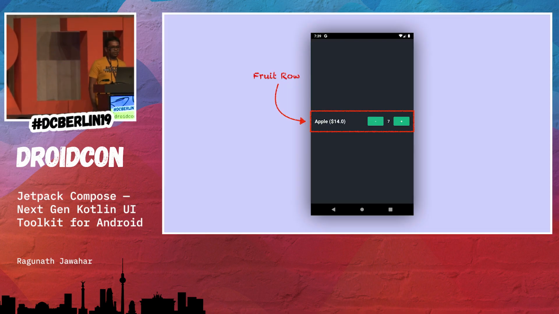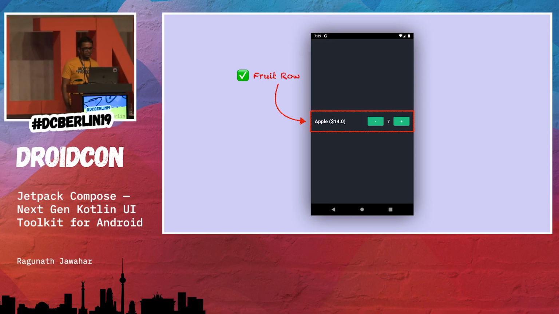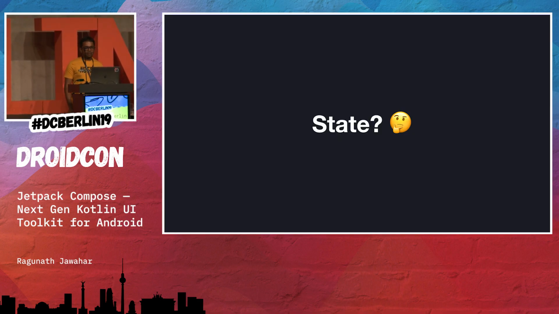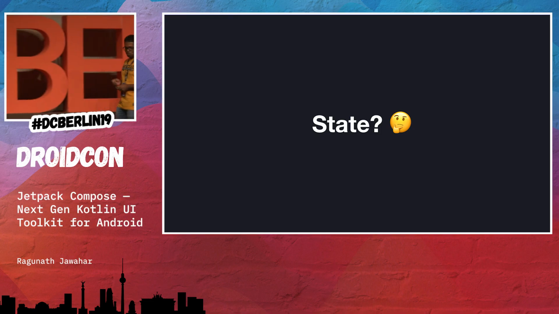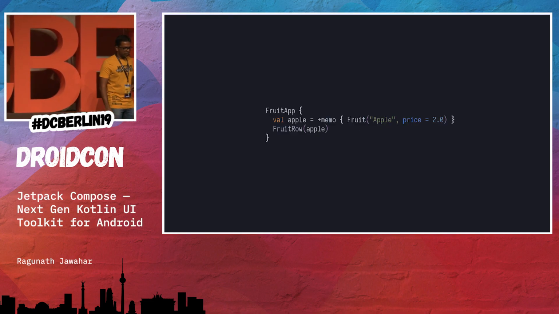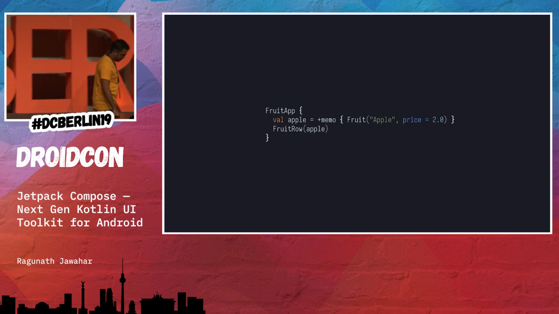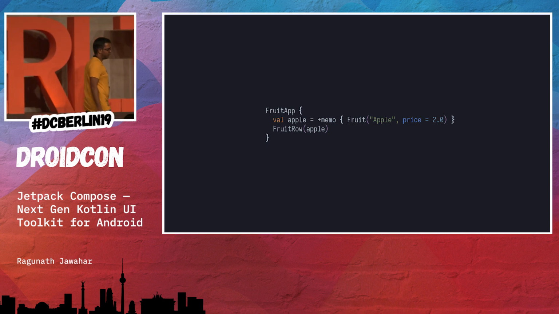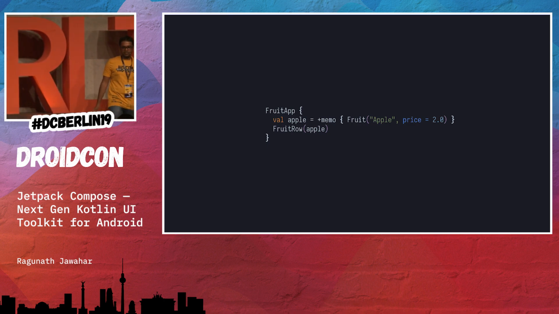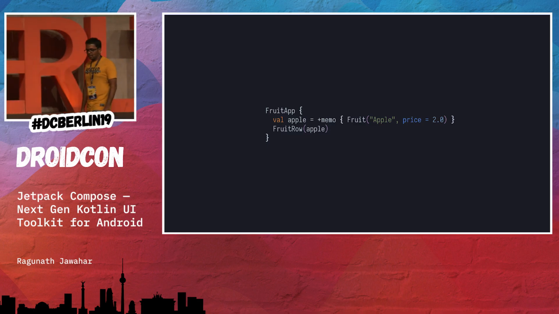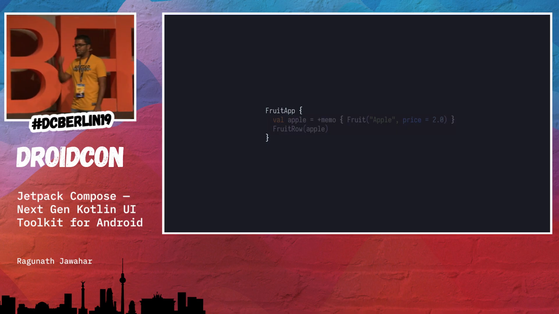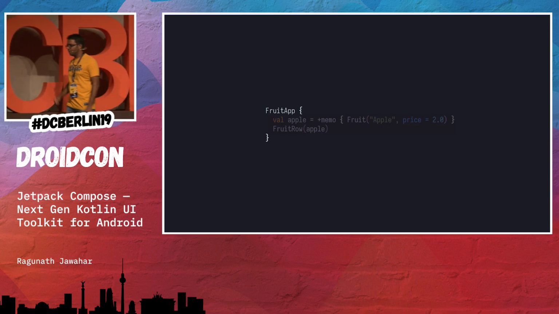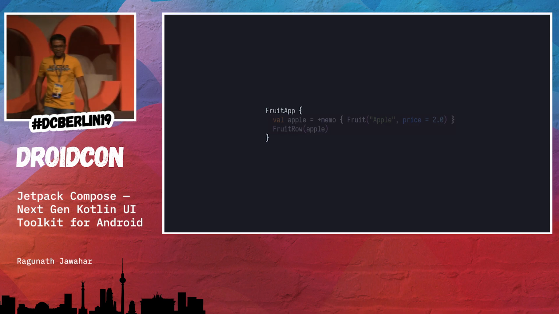The next thing that we're going to do is figure out where the state is. Let's say we have these two components, but we need to bring in state somehow. And the way that we're going to do it is use something called a FruitApp. So the FruitApp is just a top-level function that takes in